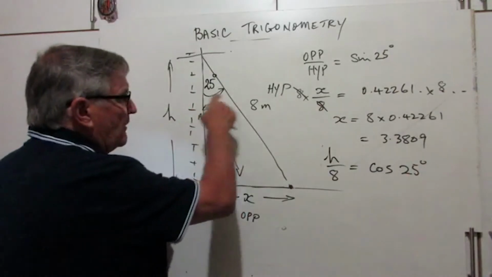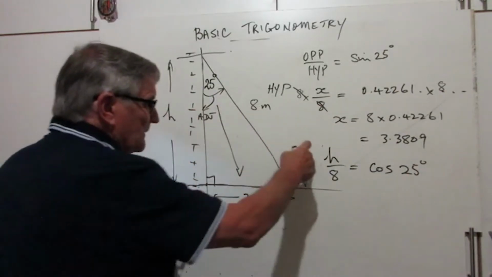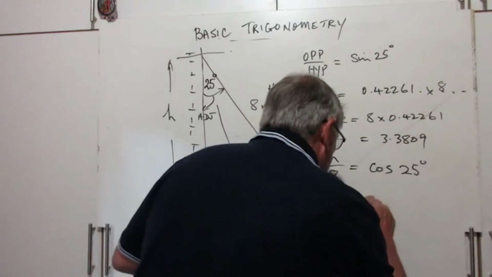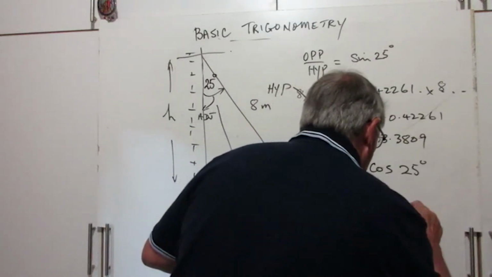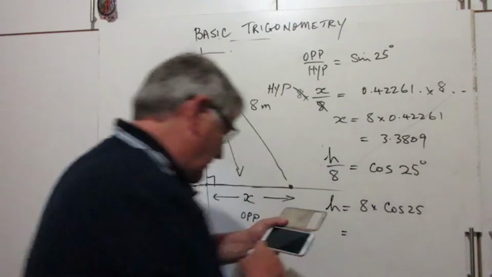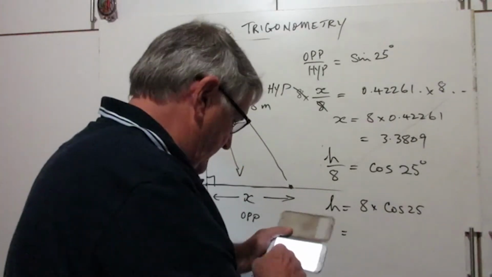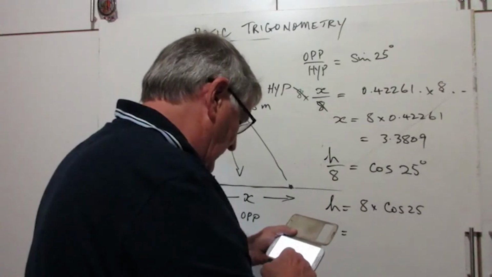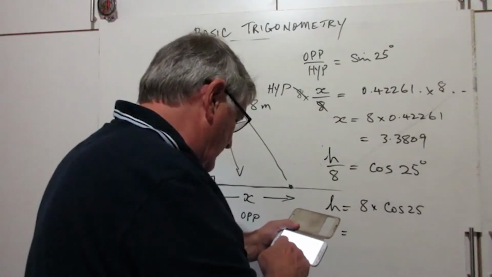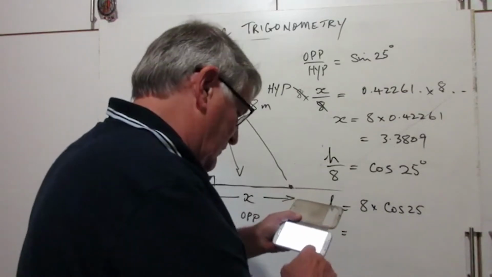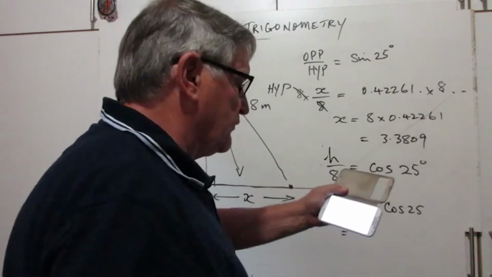Okay, adjacent over hypotenuse, h over 8 equals cos 25, so h is equal to 8 times cos 25. So I put that in my calculator and I say 8 times cosine 25, I don't need to close the bracket, it'll do it for me,